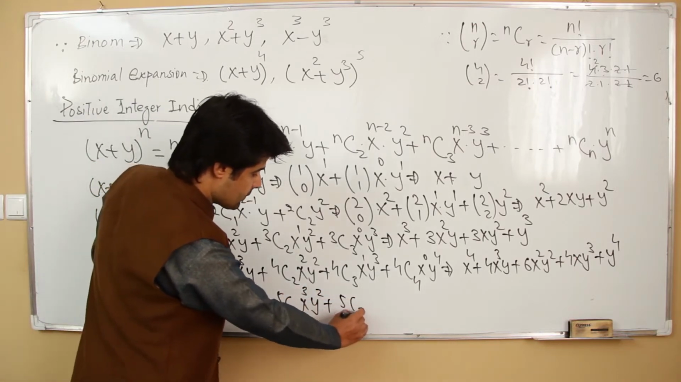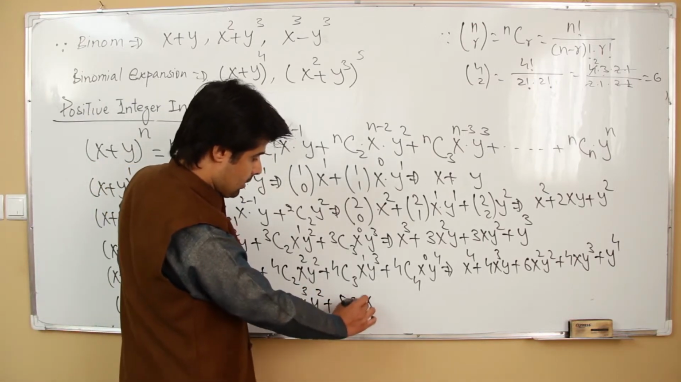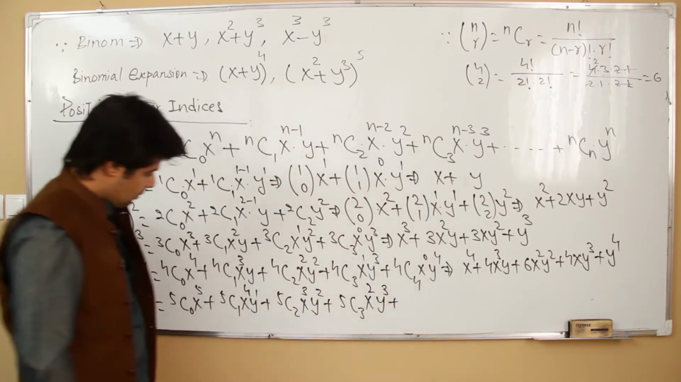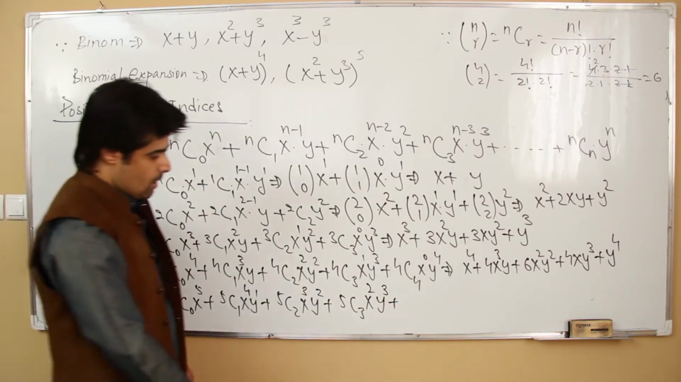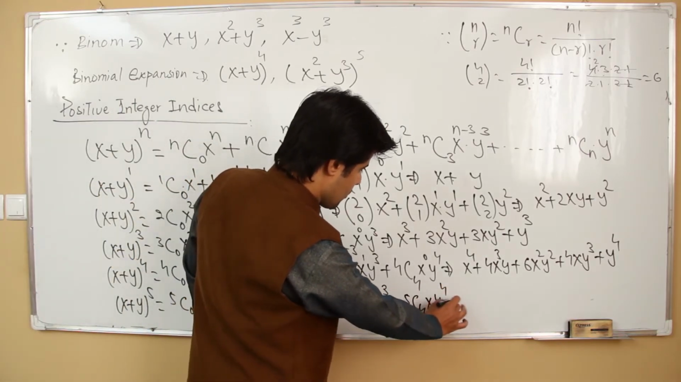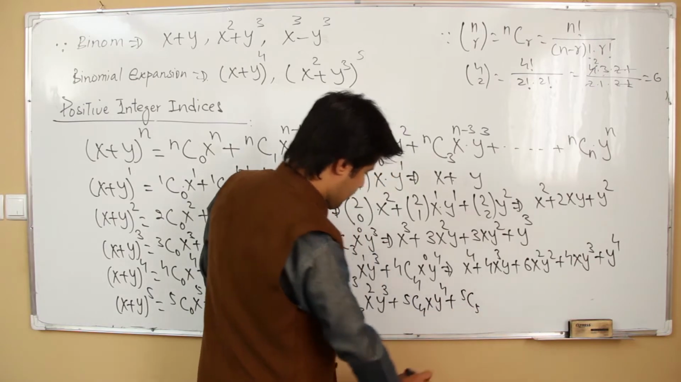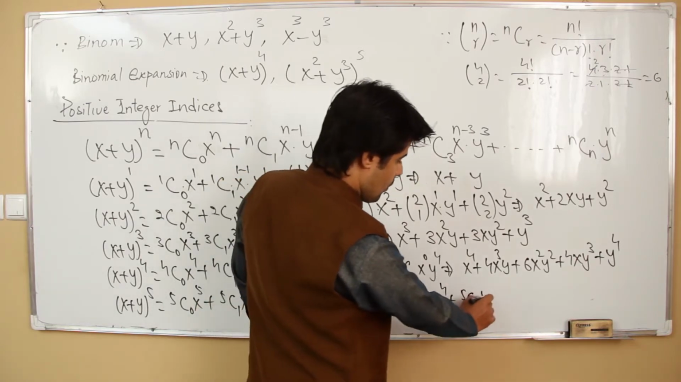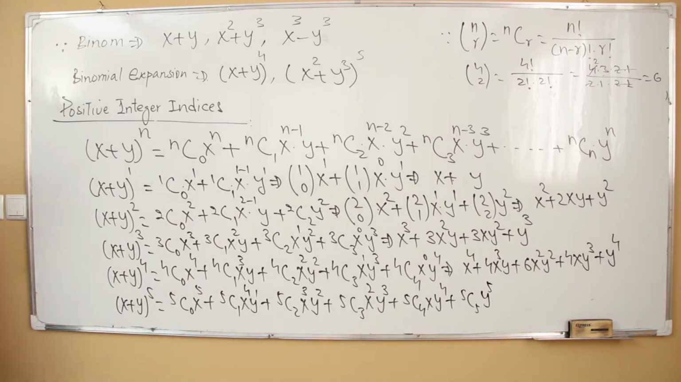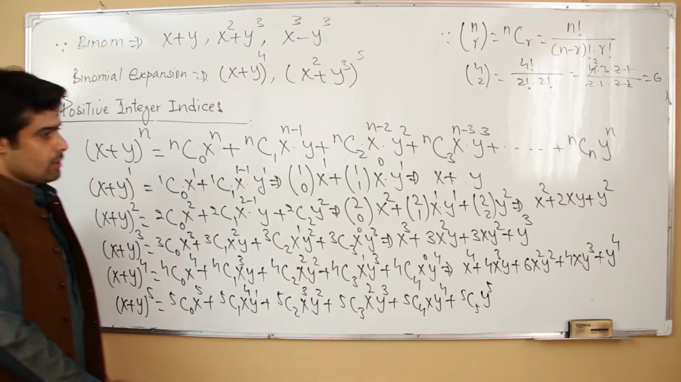Now we have 5C3 x to the power what? 2, y to the power 3. Am I right or not? Yes. Now 5C4 x y to the power 4 and 5C5 x to the power 0 y to the power 5. This is the expansion. Now if you want to find the coefficient of this x plus y,